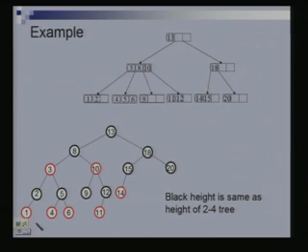Because of that, all of them would have the same black depth, right. If I look at this external node which is here, then it has a black depth of 3. Everyone would have the same, because going from here to here corresponds to going from here to here, since each of those black nodes is one level here. If you understand this perhaps. So, the black height is the same as the height of the 2, 4 tree.